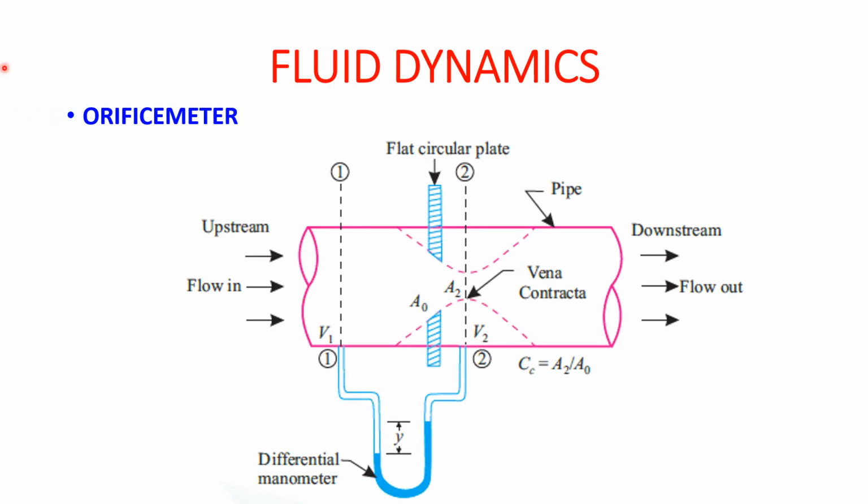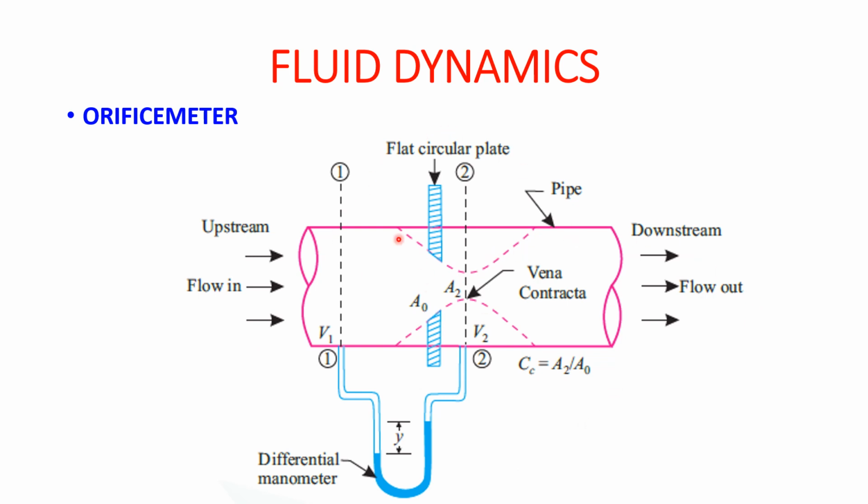So this is the diagram of an orifice meter. It is a very important point in fluid mechanics theory, and in this we will see that there is a pipe, shown by pink color, and this pipe is fitted with an orifice plate. This is nothing but a flat circular plate, and when the orifice plate is connected inside the pipe, and the manometer is attached at sections 1 and 2, then we say that the theory of the orifice meter is applied, and the setup is an orifice meter setup.